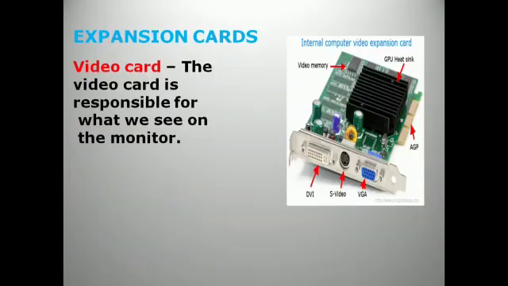Today I am going to start our next topic, expansion cards. Most computers have expansion slots on the motherboard that allow us to add various types of expansion cards. If a question asks where we will find the expansion slots, it is on the motherboard, and they allow us to add various types of expansion cards. These are sometimes called PCI, and these expansion cards are also called PCI. Full form of PCI is Peripheral Component Interconnect.